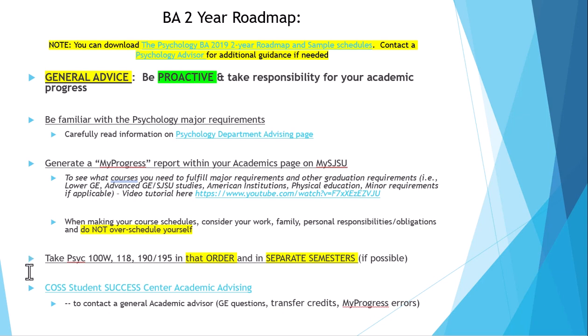Also, I'm going to emphasize this point again with regards to the 3 required upper division psychology classes. We encourage students to first take 100W, then 118, and then your capstone course. So please take those required classes in that order and in separate semesters. Okay, so in one semester would be 100W, in the next semester 118, and then in the following semester your